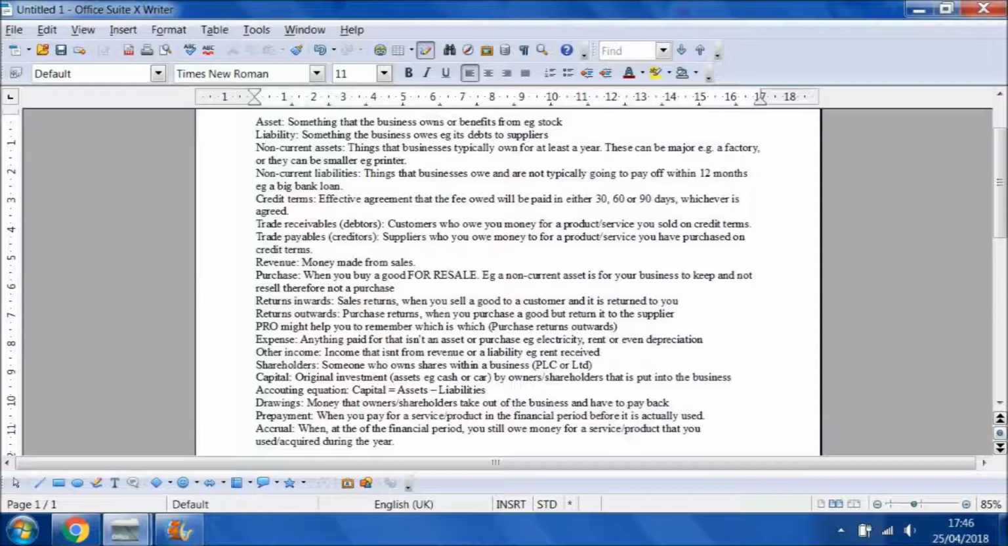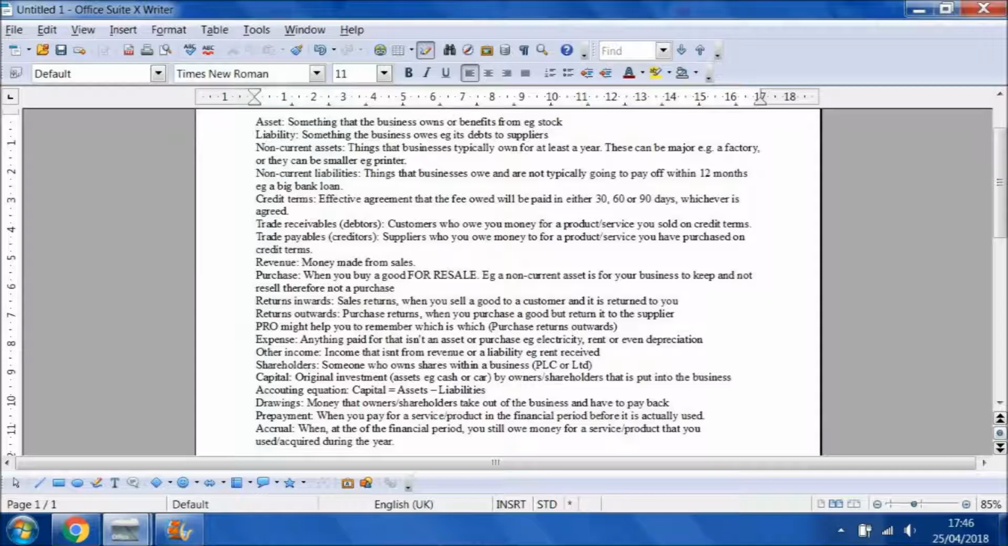An asset is something that the business owns or benefits from. For example, its stock. A liability is something that the business owes, for example, its debts to its suppliers. Non-current assets are things that the business will typically own for at least a year. These can be major, for example, a factory, or they can be smaller, for example, a printer. Non-current liabilities are things that businesses owe and are not typically going to pay off within 12 months, for example,